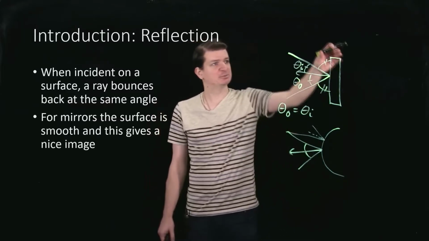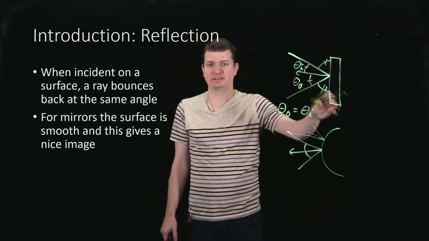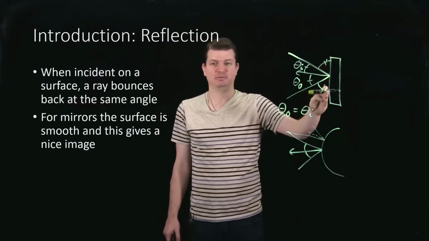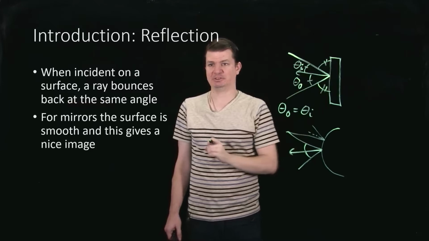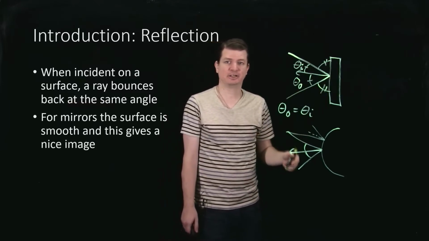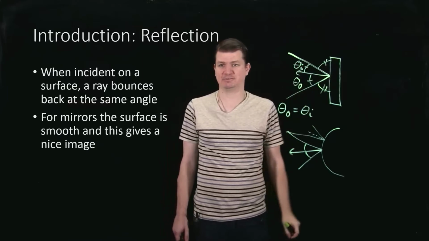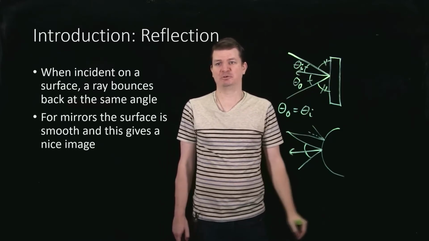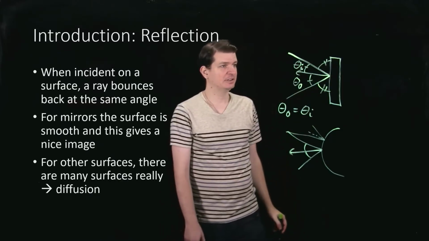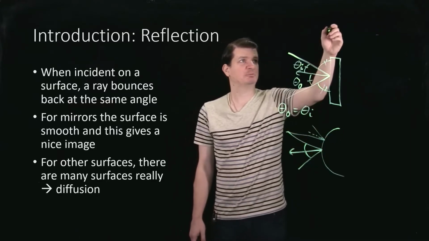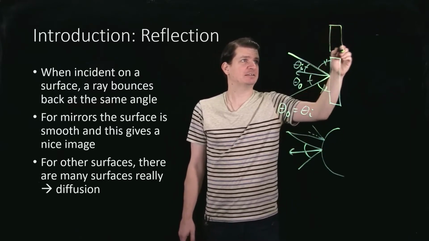When you have a nice smooth surface like this, which is truly smooth at the level of light being able to interact with it, that is how you get these mirrors that give you nice clean images and reflections of things. When you have a more jagged surface, so we'll just draw one above here. When you have a more jagged surface,